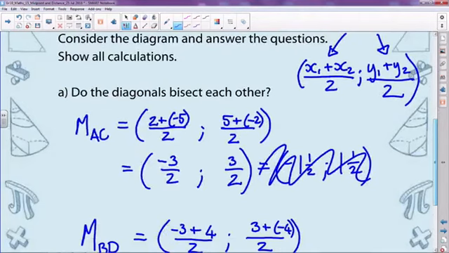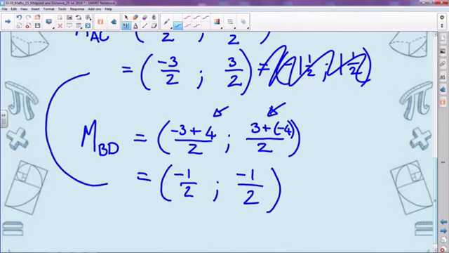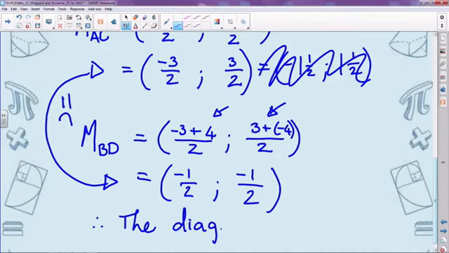Once again, we don't really need a calculator. You can use it if you want, but remember, you've got two individual calculations, so do them separately. -3 plus 4 is 1 over 2, and 3 plus -4 is going to be -1 over 2. Are they the same? No, they are not, which means, therefore, the diagonals do not